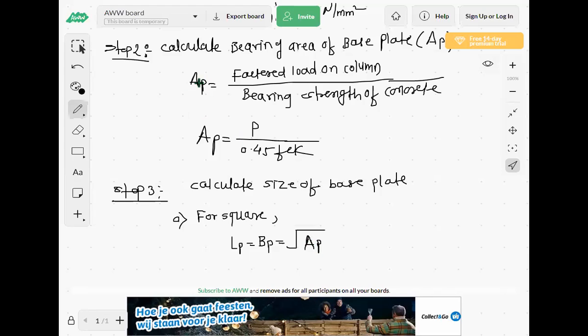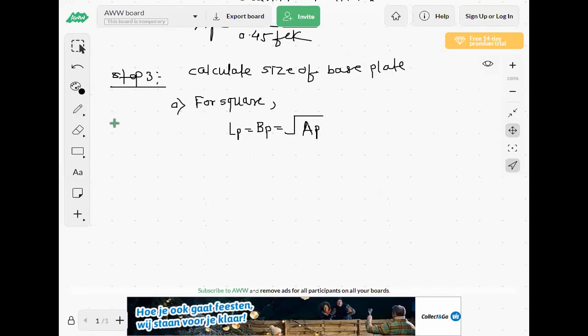AP we have calculated here. So the square root of AP is the length or width of the plate. A plate has two dimensions, length and width. If we use the square plate, then length of plate is equal to width of plate is equal to the square root of AP. This is so simple. And second is for